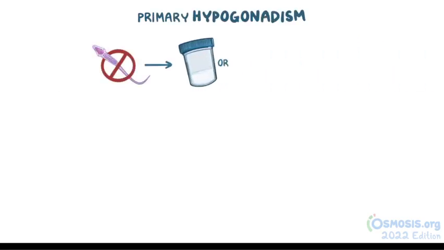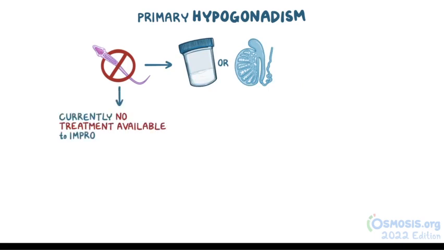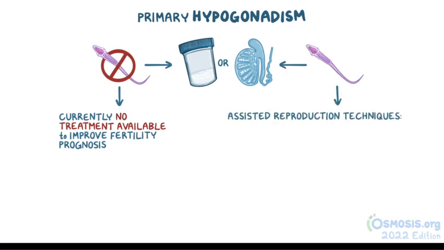For individuals with primary hypogonadism, if there's no sperm in the ejaculate or in the testicular biopsy, there currently aren't any treatments available to improve the fertility prognosis. If there is sperm in the ejaculate or the testicular biopsy, some of that sperm may be retrievable and used to conceive with the help of assisted reproduction techniques, like in vitro fertilization, or IVF, in conjunction with intracytoplasmic sperm